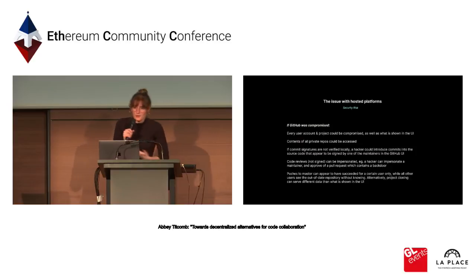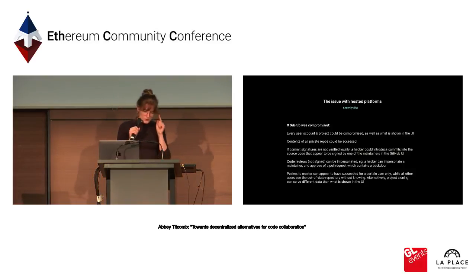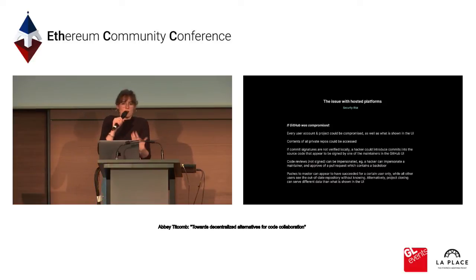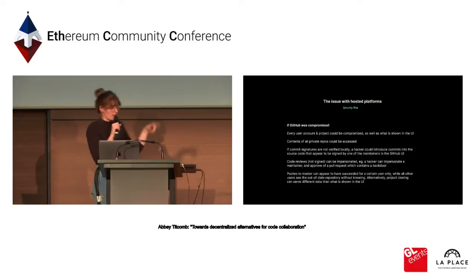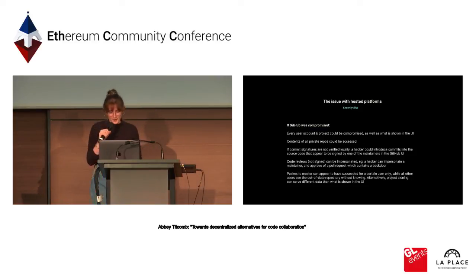We all kind of know this. I'm not security shaming anybody, but if GitHub was compromised, every single user account and project would also be compromised, as well as what's shown in the UI. And that's a really important thing, because not only could you access, for example, all contents of a private repo, but you could also have all these different attack vectors. These are just 3 on this document that we have of 10. I just didn't want to overload everybody. But for example, if your commit